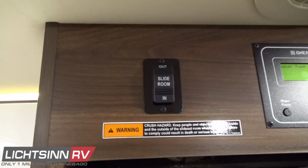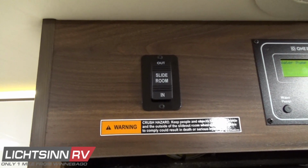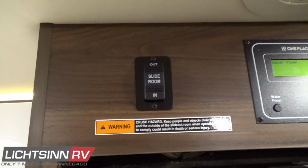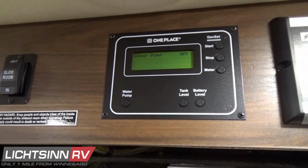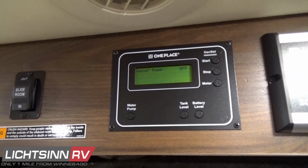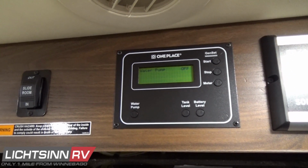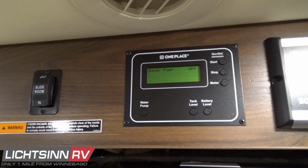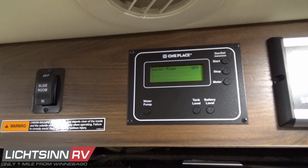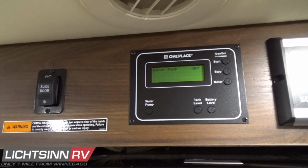Working our way from left to right, here you'll see the controls for the full-wall slide-out. Off to the right, then the one-place panel with the switch for the water pump. Also the true level holding tank monitoring system, in which we invest in sonar sensors on the outsides of those one-piece rotocast tanks as opposed to drilling through like other RV manufacturers, which can potentially leak, corrode, or provide false readings over time. We also then have controls to start and stop the generator,